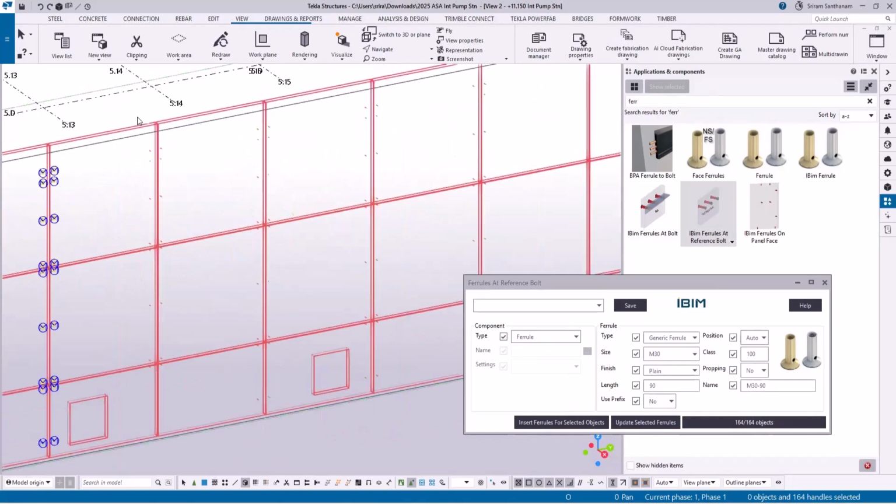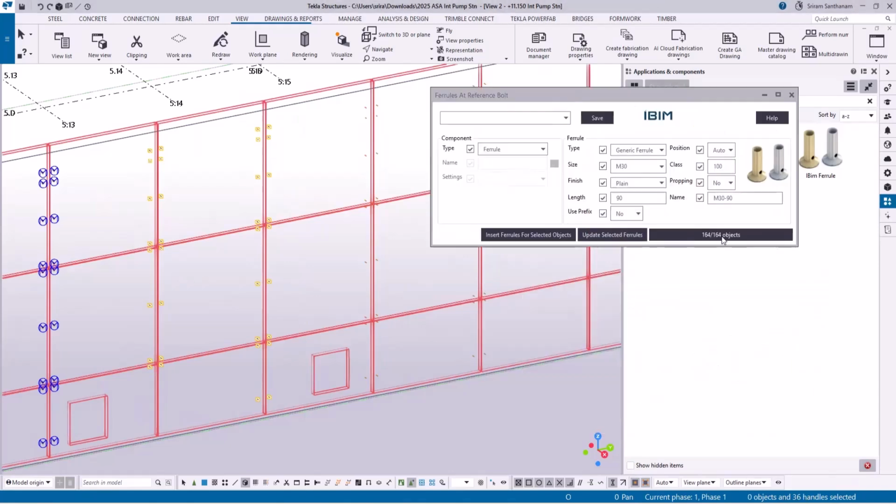Now let me also do this area just to show you. I have selected all these reference bolts. Now there are 36 objects selected, and I'm going to run it one more time. It actually inserts exactly in alignment with the reference bolt and automatically assigns the position, near side or far side, and it will also add all the Ferrules as subassemblies